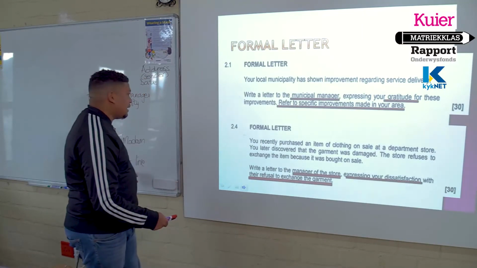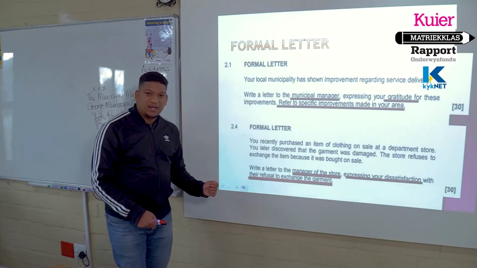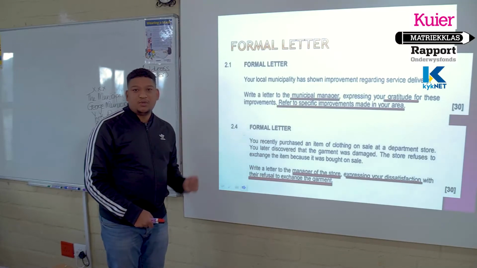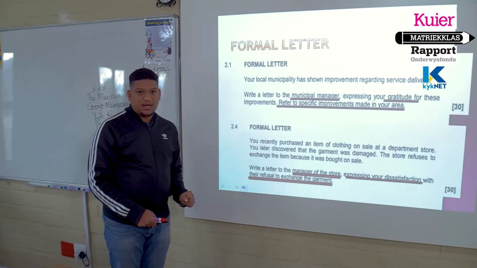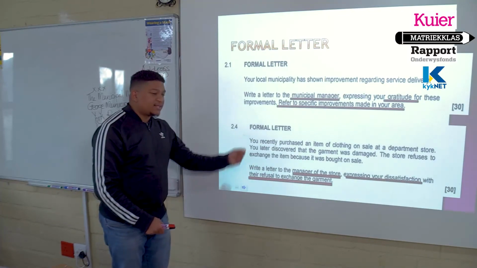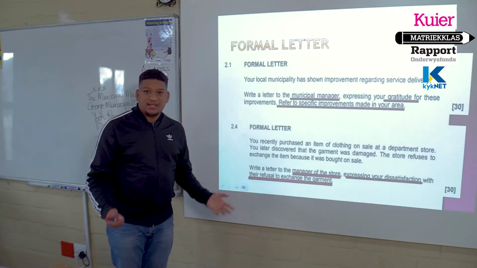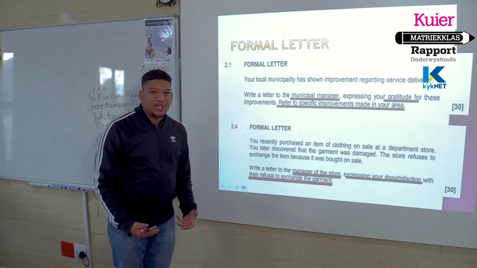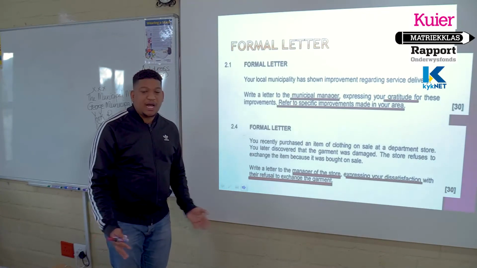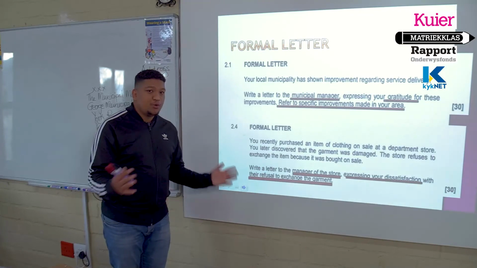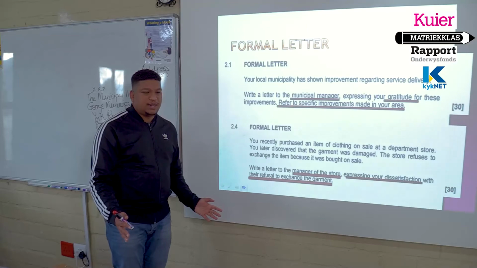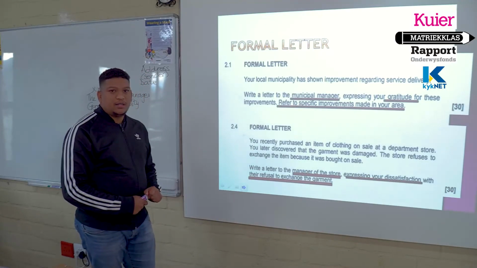So in my subject line, I'm going to now include what? I'm going to say gratitude towards the local municipality or to George municipality. And I start off my letter expressing my gratitude, but mentioning what they have done, and state things such as the community appreciates the effort of the municipality. It's all you need to do. And then obviously concluding and stating yours faithfully, your name and surname, your signature. Very important, right?